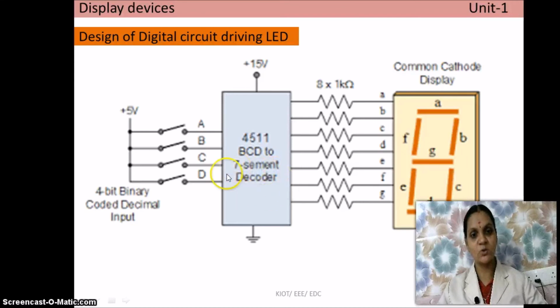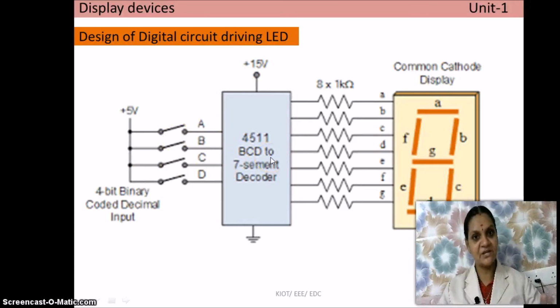This is a decoder circuit. A decoder has n number of inputs converted into 2 power n outputs. That is a decoder, you know. So for activating this decoder IC, we need to give a supply voltage. So this is the excitation, and this is the input.